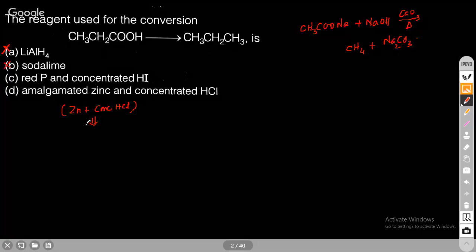The reagent is this, and one more reagent we have, that is NH2NH2, hydrazine, with C2H5ONa. This reagent we use in Wolff-Kishner reduction, right? This is Wolff-Kishner and this one is Clemmensen,